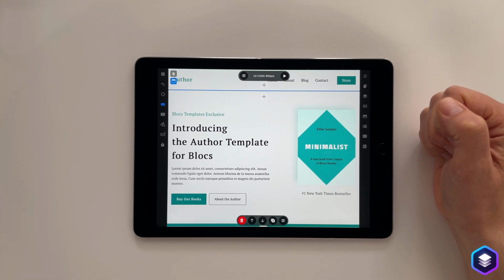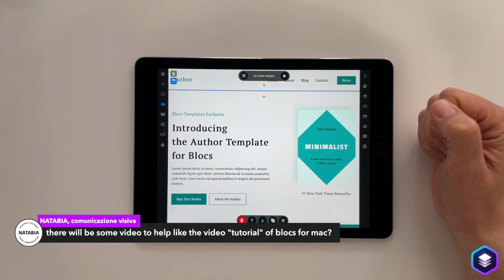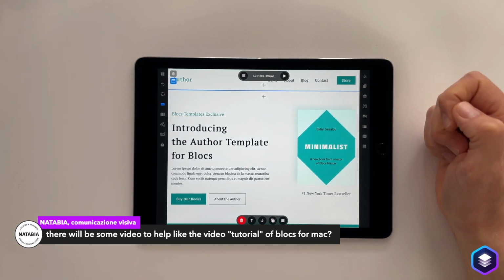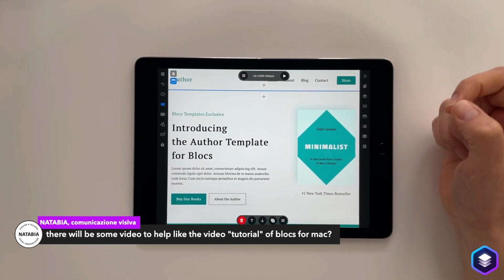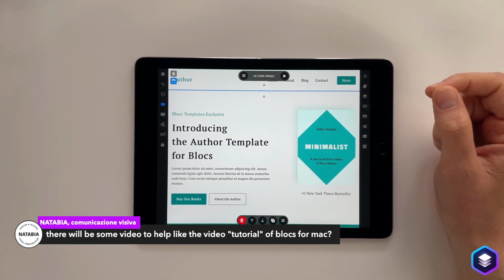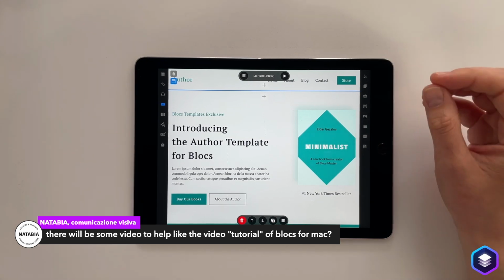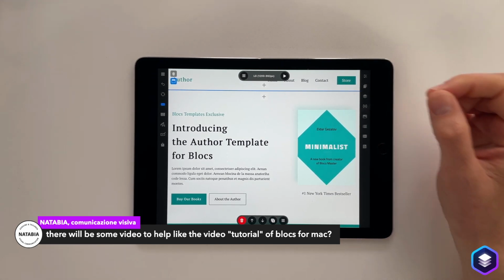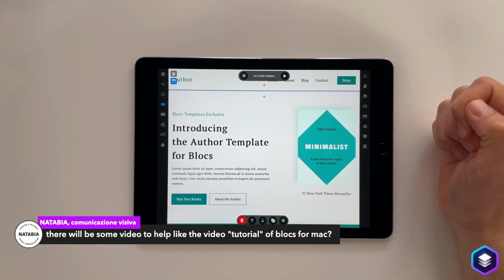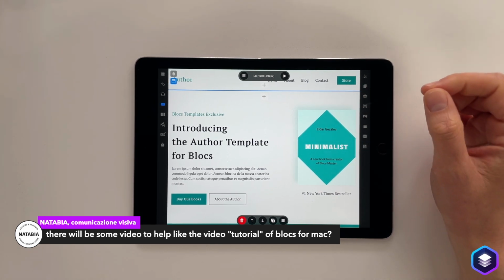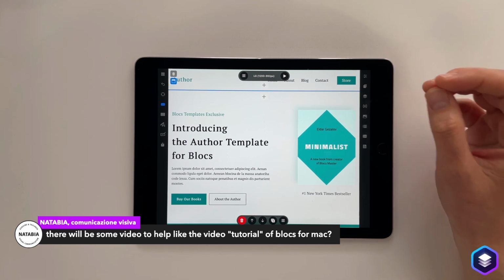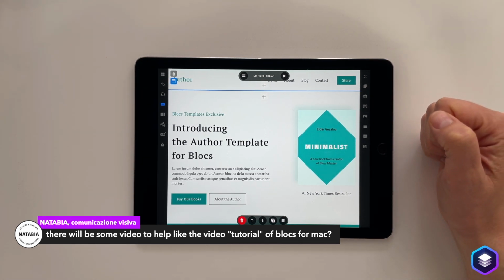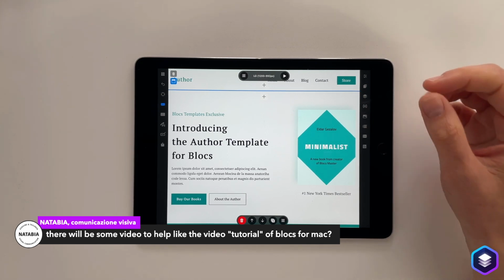There's a question about tutorials. We've obviously got tutorials for Blocks for Mac. Are we going to have those for Blocks for iPad? Yeah, I'm hoping Elder can actually help us out a little bit, because most of you probably know that Elder has Blocks Masters, which is an absolutely fantastic resource for anyone learning Blocks. We will be working on some of our own tutorials, some of our Blocks Bytes. We'll be focused on that. So you'll probably see those start to appear in the lead up to the launch of Blocks on the iPad.